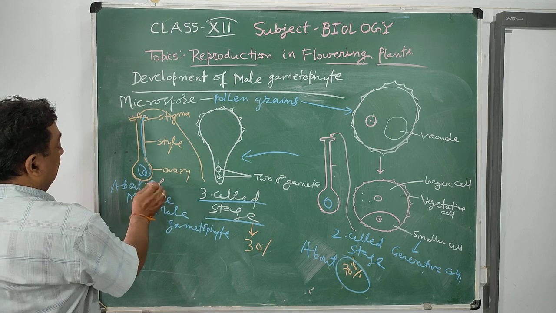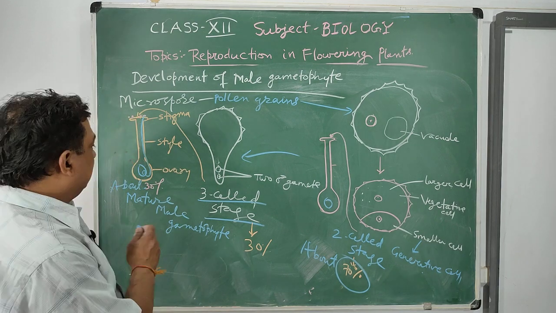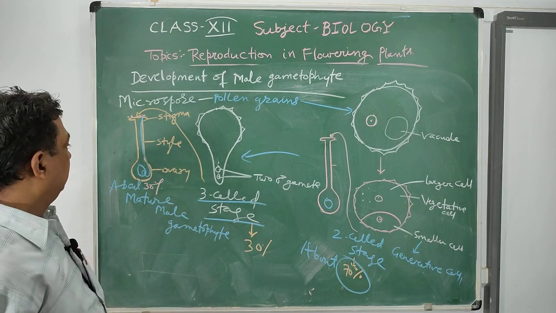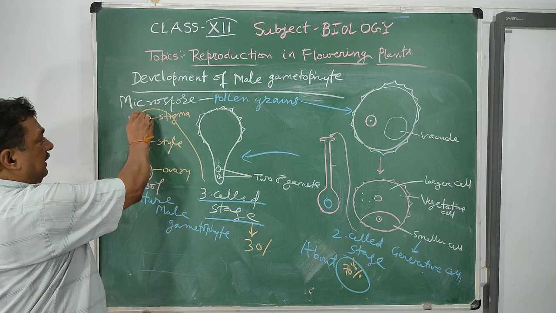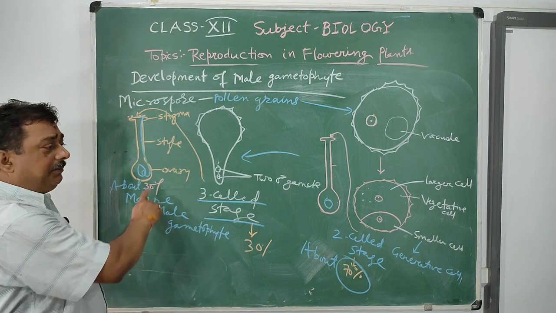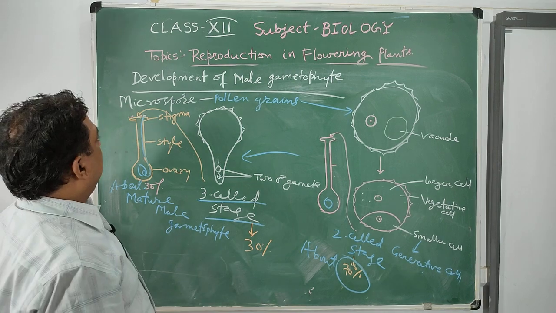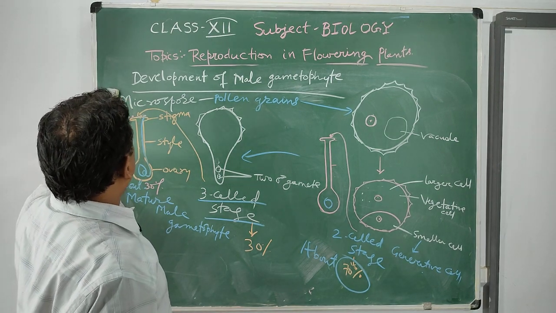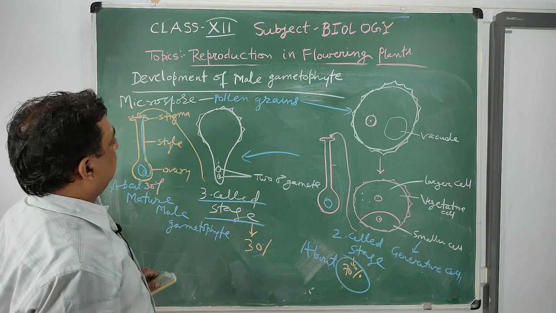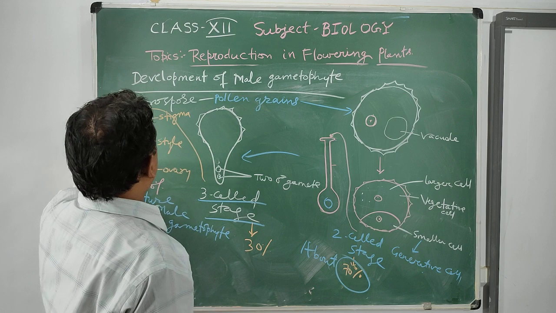So pollen grains are shed at the mature stage, and there are two types of condition. In the first condition, pollen grains are shed at the two-celled stage, and in the second, at the three-celled stage. After landing on the stigma, the pollen grain forms a pollen tube, and finally the pollen tube enters inside the ovule of the ovary. These are important questions for board examination also. This year also, a few parts of the anther were asked.